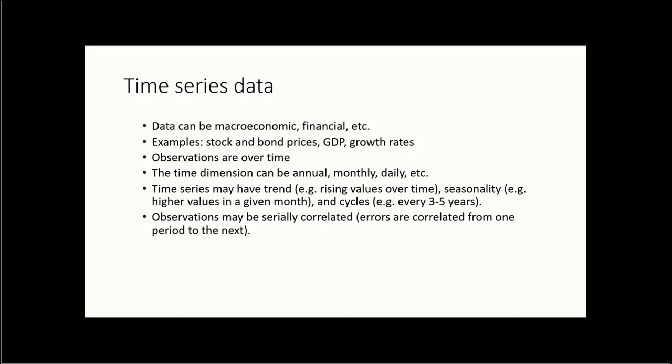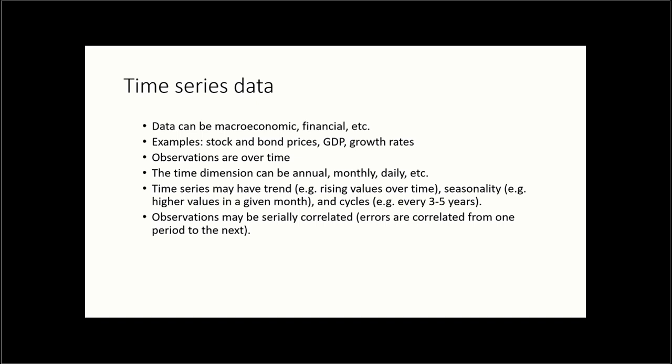And then there are also different types of complications for these time series, such as they may have a trend, such as rising values over time. So, for example, if you look at crop yields in the US, they tend to rise over time because of improvements in technology. They could have seasonality, such as higher values in a given month. You can think about retail sales and how they increase, say, during the month of November or December because of the holidays. Or some variables could have cycles, say, every 3 to 5 years, say, based on recession